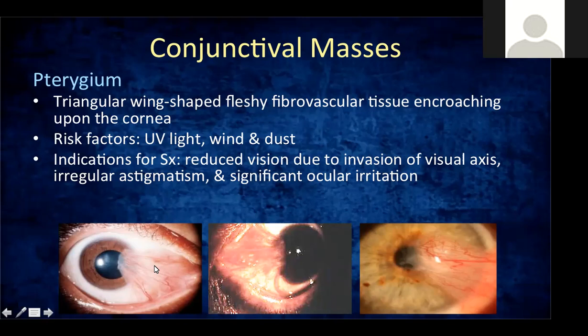Okay. Why is that our gold standard or standard of care? Conjunctival autografts decrease the risk for recurrence. Okay. If you leave the pterygium excision area bare, pwede siyang tumubo ulit. Especially in younger patients, the risk of recurrence is high. But it's decreased by doing a conjunctival autograft. All right.